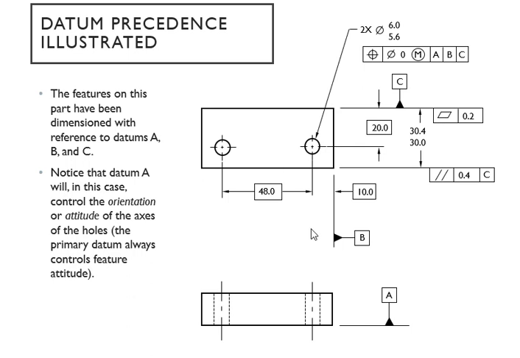Axes are where the 2 surfaces cross each other. The rotation axis, don't forget that. So the primary datum A is going to control your feature attitude, meaning how this part is going to be located and how it's going to be oriented, and all the measurements, of course, are going to be measured from this, as well as from that